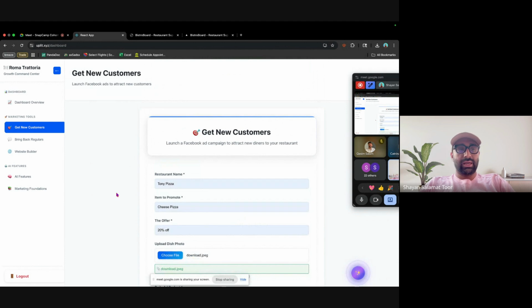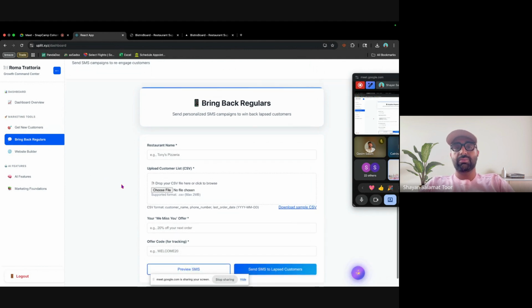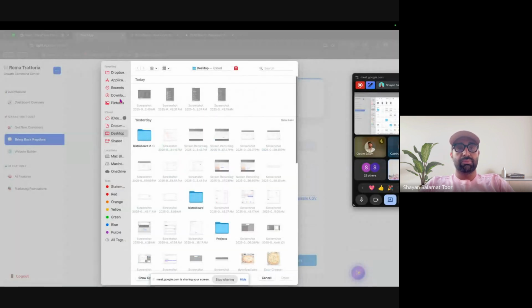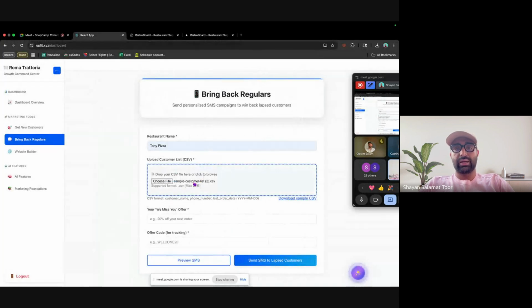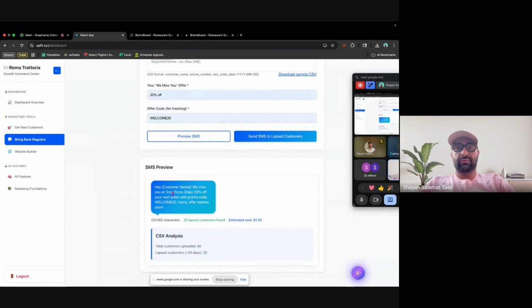Similarly, apart from that, you also want to text customers, because now the restaurant space is all about building that community, right? So we could do something similar, get SMSs going, choose a file to upload where you have all your customers, and again send them an offer that you want, and then again you can preview what the SMS would look like, and then if you like everything that you see, you can send it to them,